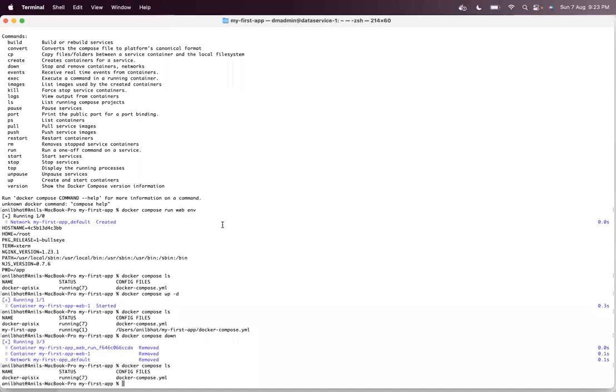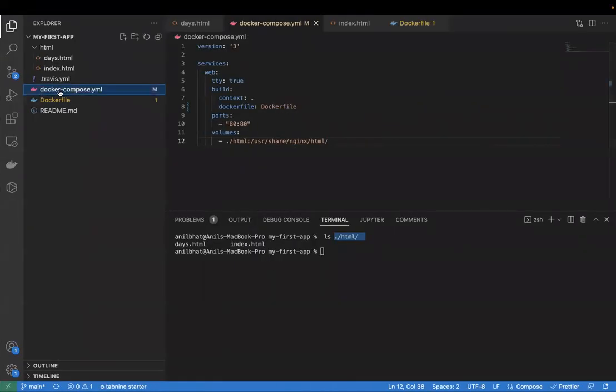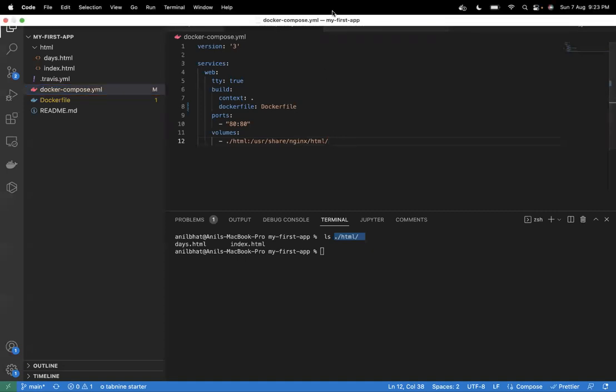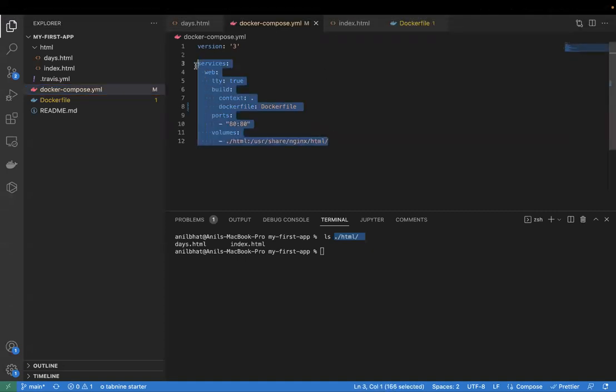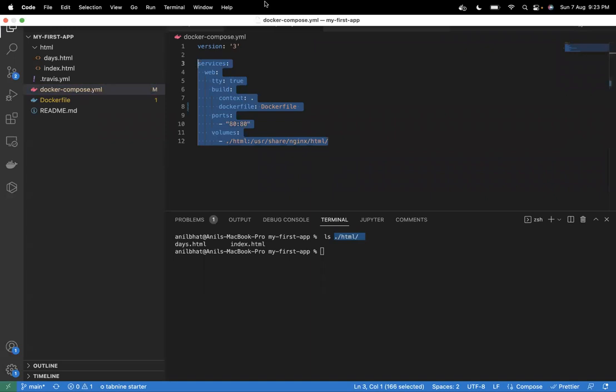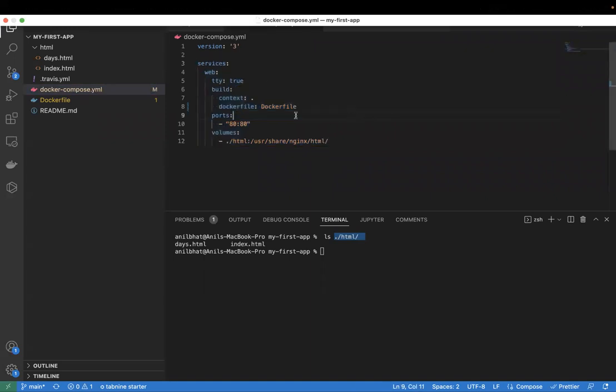Okay. Now we have learned what a Dockerfile is, and we have learned what docker-compose.yml is. Now we'll learn about a specific CI/CD tool called Travis. We have already discussed the concepts of CI/CD and what exactly is meant by it.